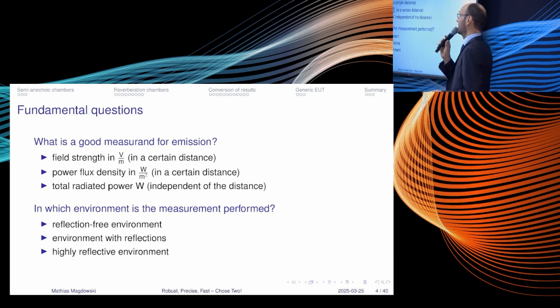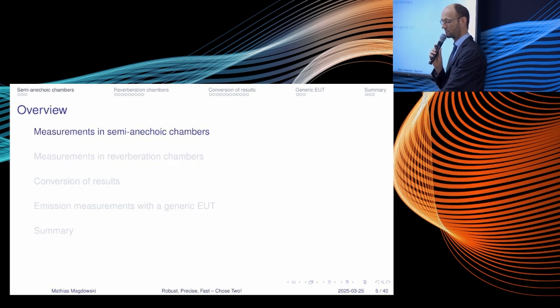If you, for example, look at the space we are in here, there's lots of metal at the ceiling. If you are in an industrial environment, you would expect many reflections. If you are in a car, a ship, a fuselage, the same. Or is it really highly, highly reflective as in a reverb chamber?